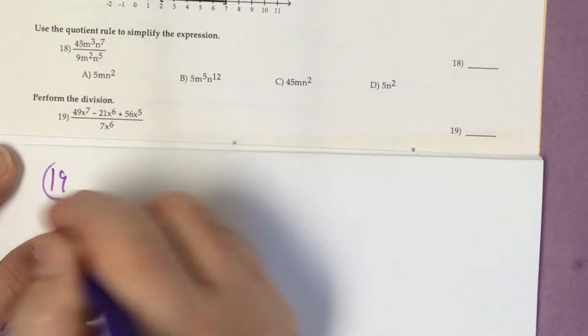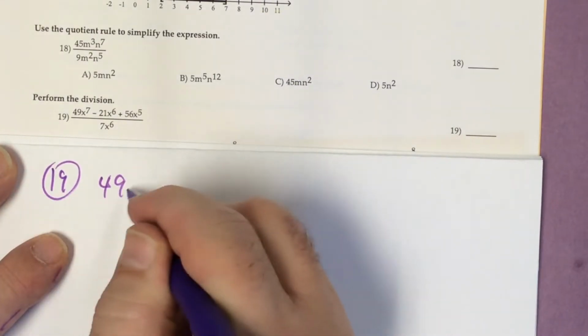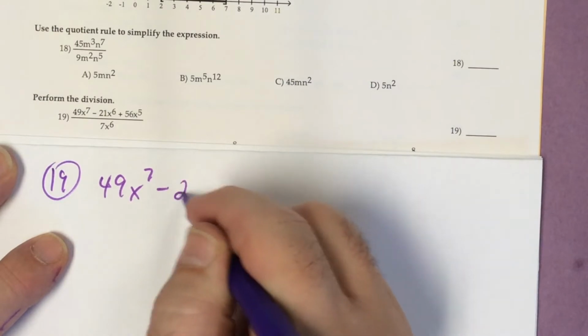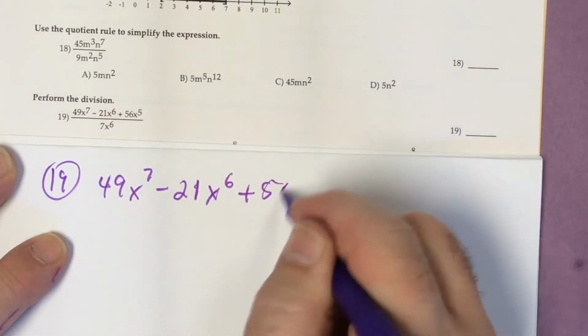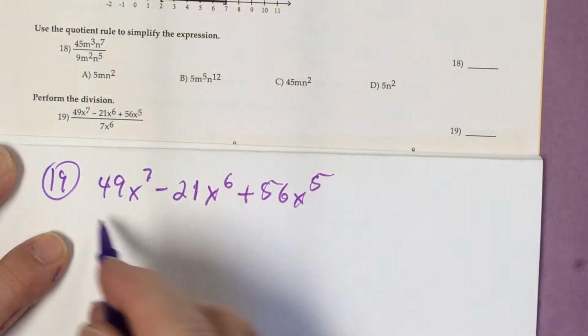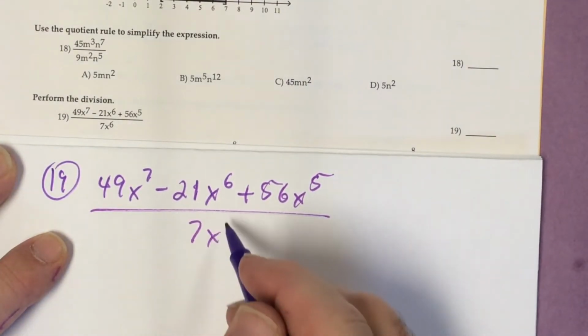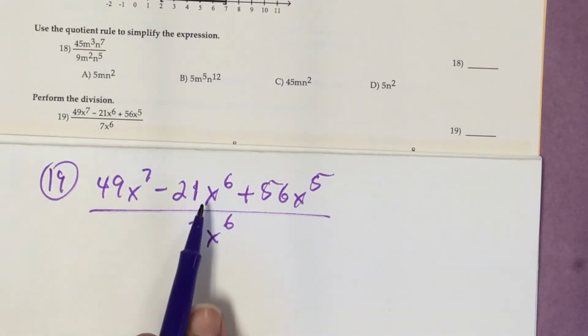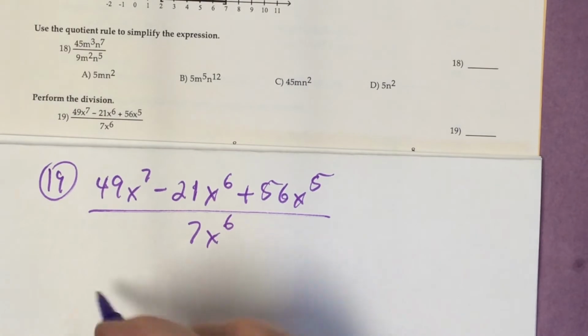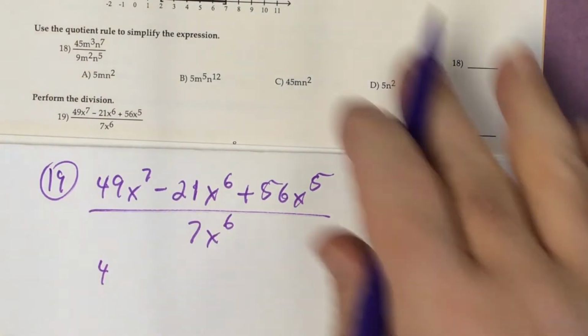First, the problem for number 19 is written out as 49x to the 7th minus 21x to the 6th plus 56x to the 5th, and this is all divided by 7x to the 6th. Well, one way you can write this out is to spread the division. So this is dividing here, here, and here. So I can write this, for example, as